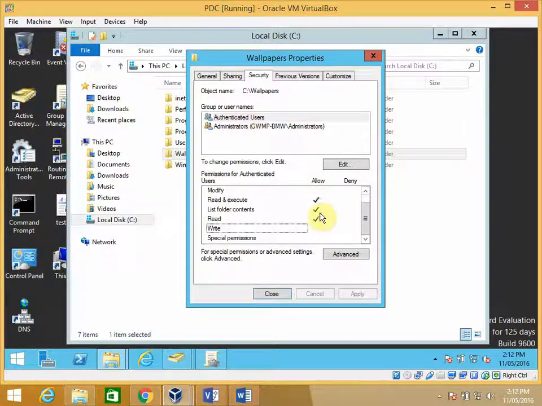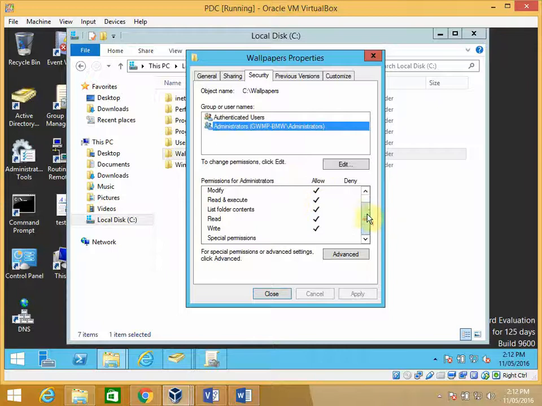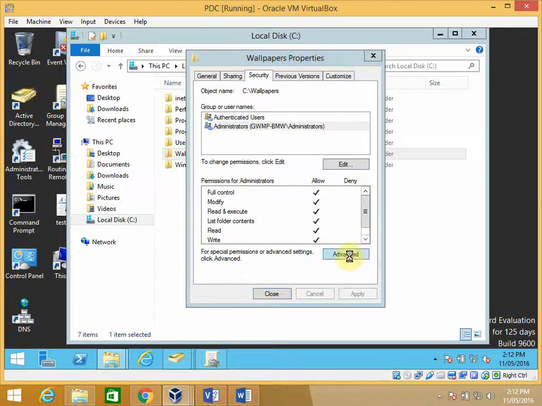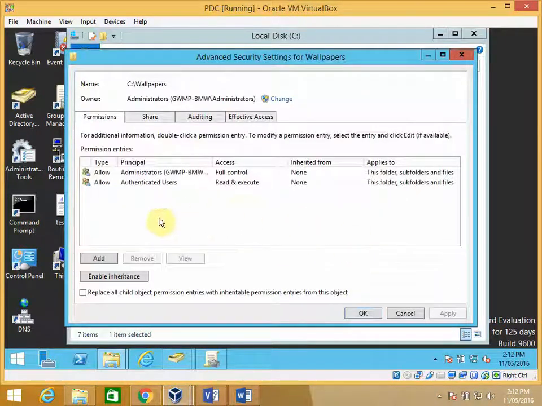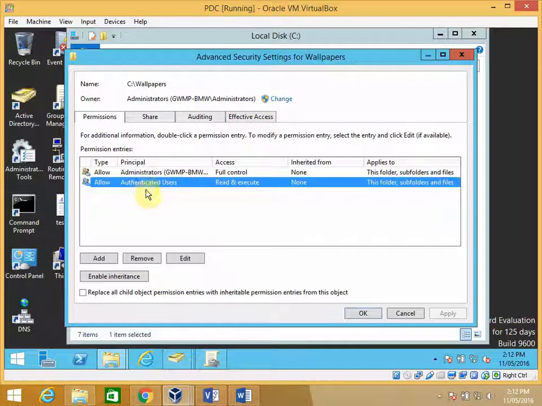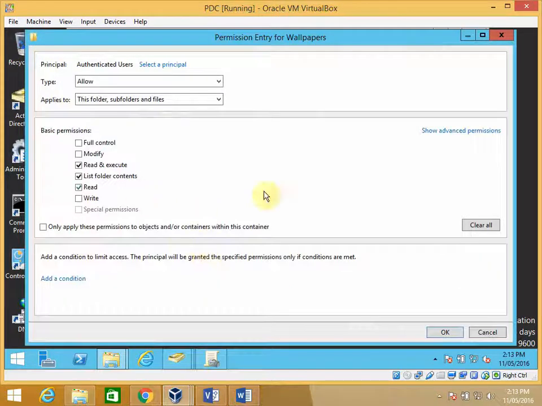Now NTFS is obviously a little finer granularity than share level permissions. So the NTFS file level permissions are a little bit more specific. And when we look at the administrator, they have full control in line with the share level permissions. When we go to the advanced level and have a look at some of the permissions on this, we can see that